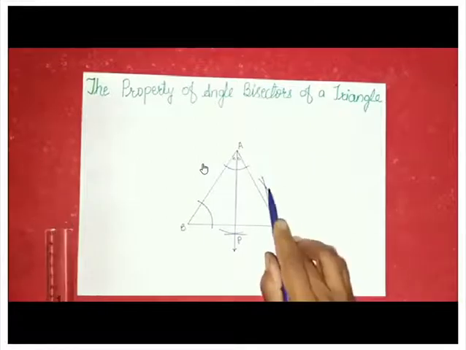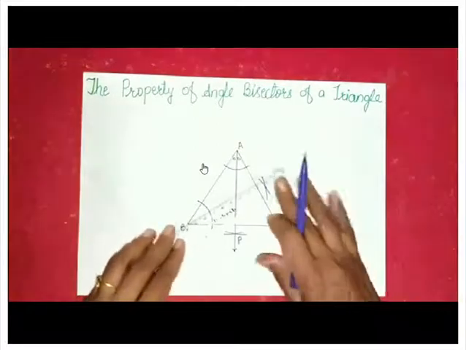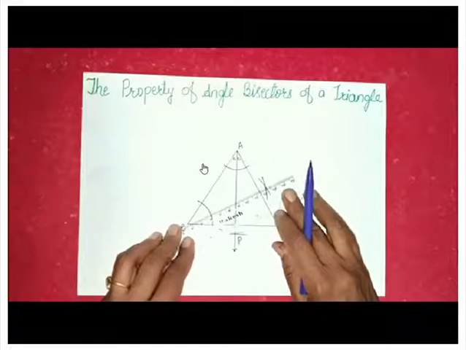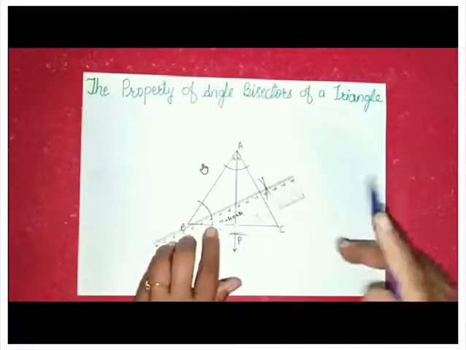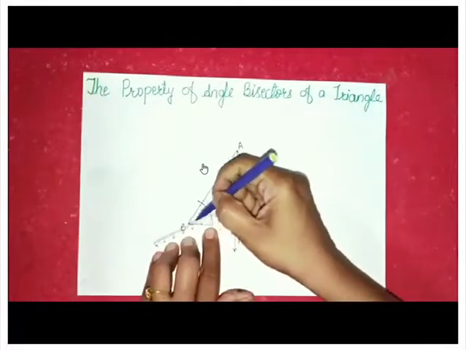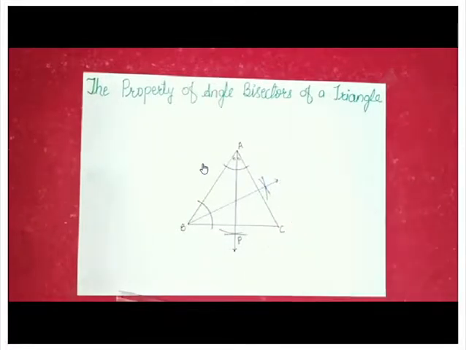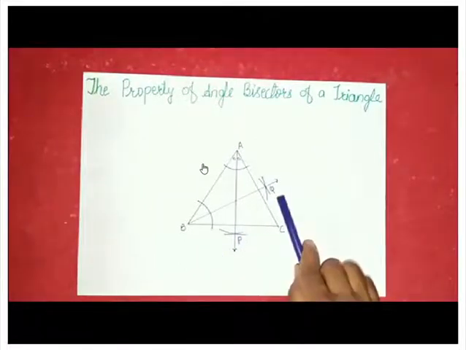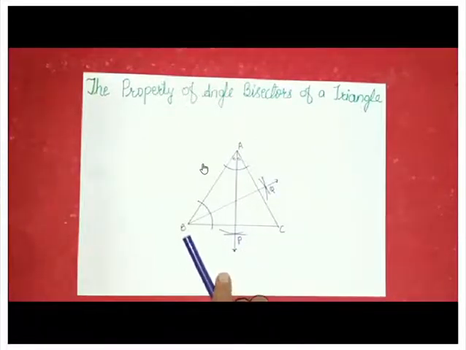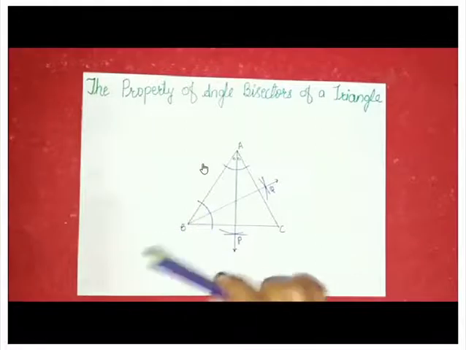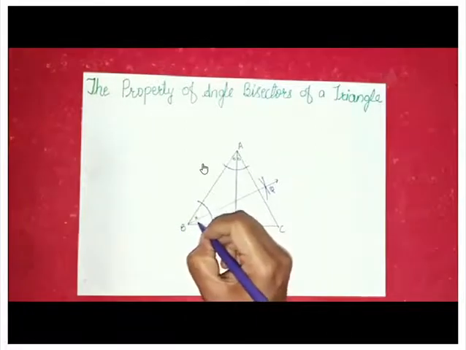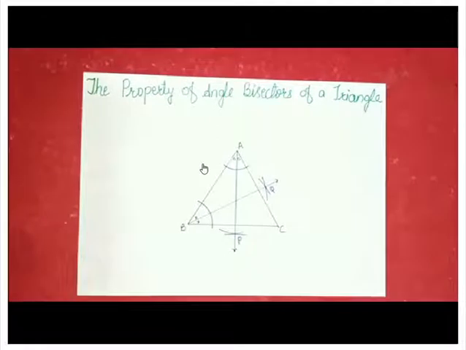Join this intersecting point with the vertex B using ruler. Use only sharp pointed pencil for the perfection of the diagram. Now give the arrow here like this. Give name Q. Now here ray BQ is angle bisector of angle B. Therefore, these two angles are congruent. These two parts are congruent. We will show using the symbol cross.